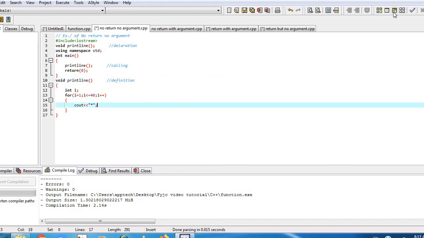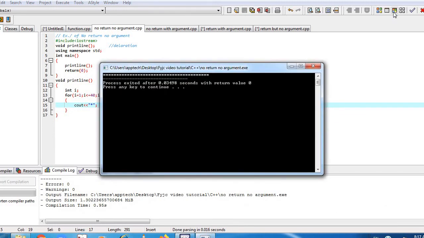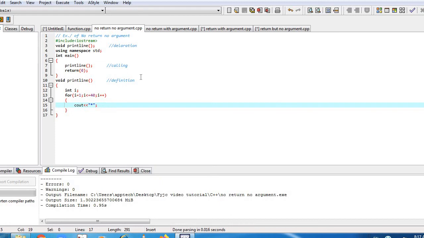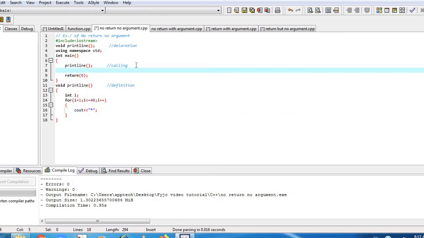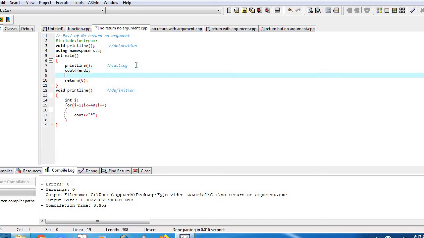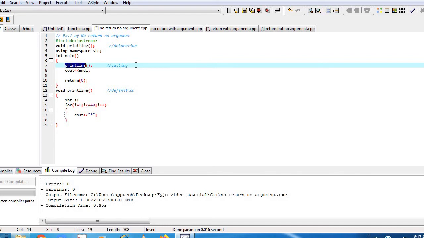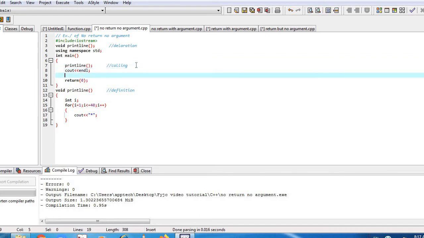Now let's see the output, whether it is printing or not. Yes, it is printing. Now I wanted to print one more time. I have already declared the function, called the function, and defined the function. Now I just need to call the function again, cout, and I want it in the next line, that's why I'm writing it here. I just have to write printline here.